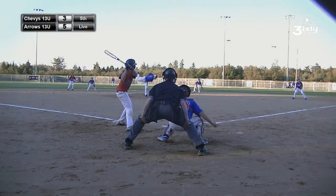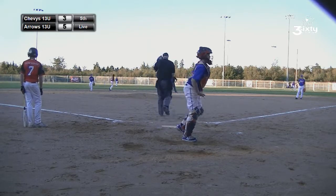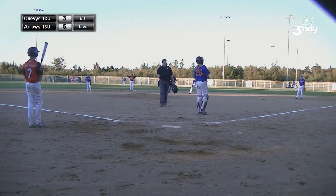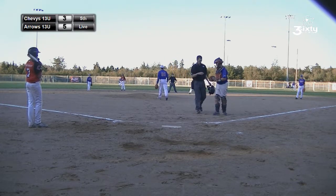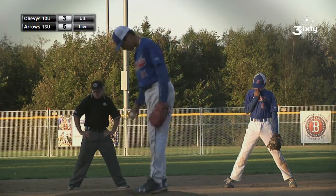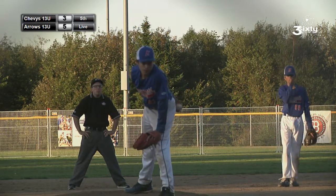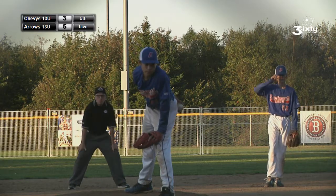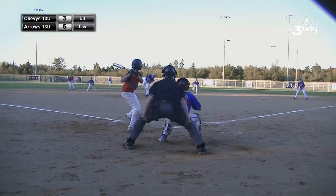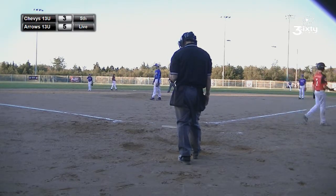And Pelly trying to end his evening on a positive note. There's a foul tip. Ends up catching Doucette. And the Brotherhood of the Mask, as it's known, the umpire goes out to hand Pelly the ball to give Doucette a chance to get himself squared away after taking that foul tip. And I, again, will clearly say I have no issue with that kind of thing whatsoever. Swing through by Wedge there, and that's